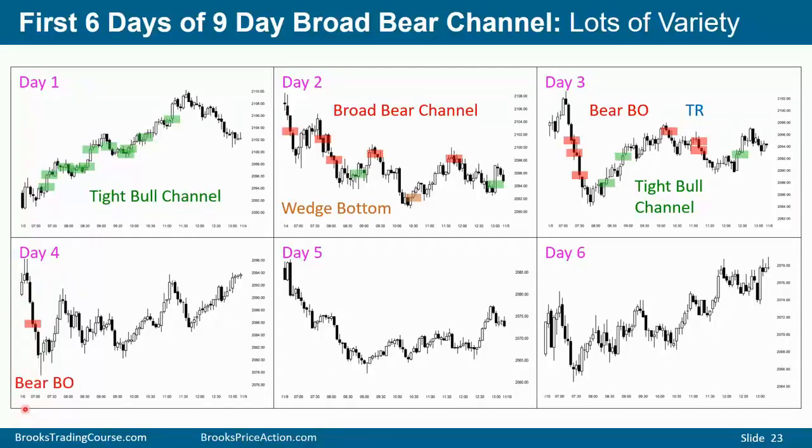Strong bear breakout, traders will sell. And then it entered a trading range. Traders will buy low, sell high, and scalp. It's a strong bull breakout, and traders will buy, betting that we're going to get a swing up. Now we have a double bottom, they'll buy again. Tight bear channel, traders are selling for any reason. And then it enters a trading range. Traders buy low, sell high, and scalp.